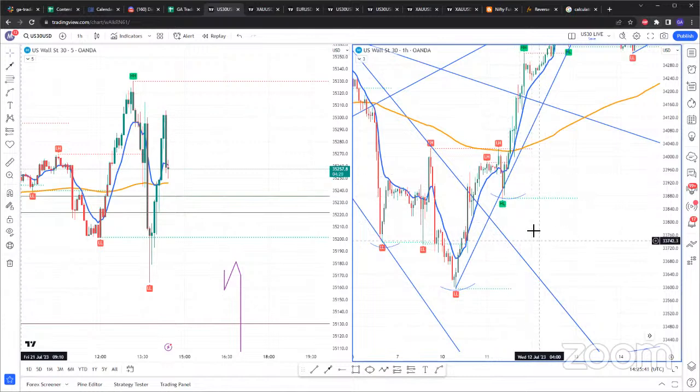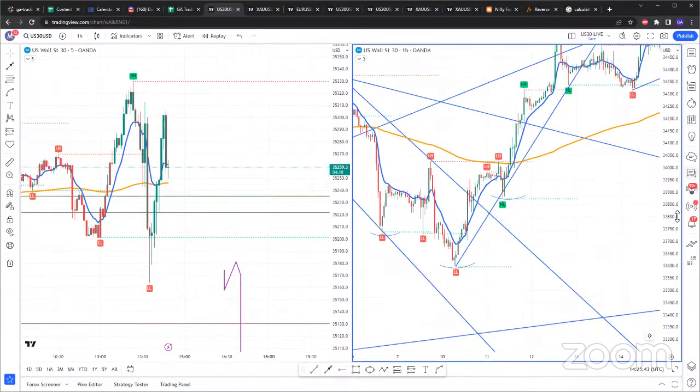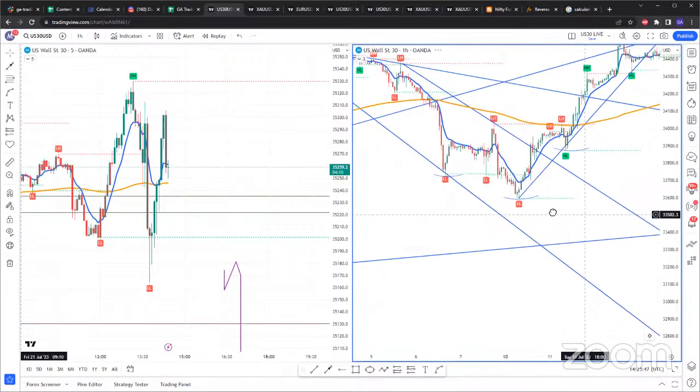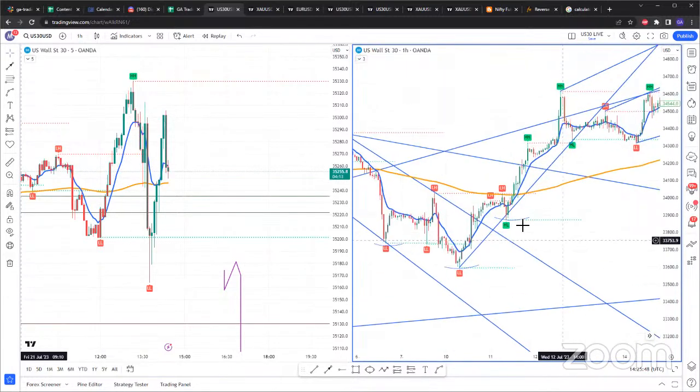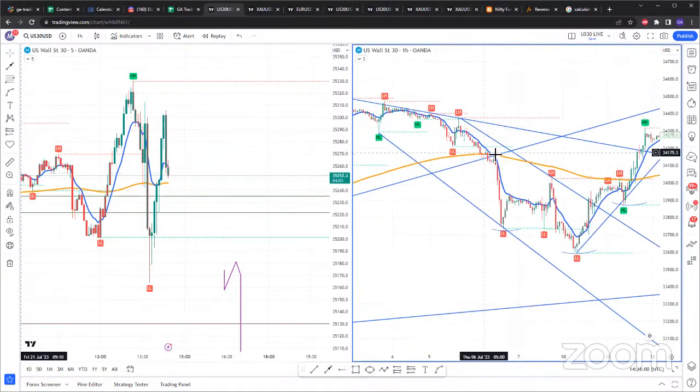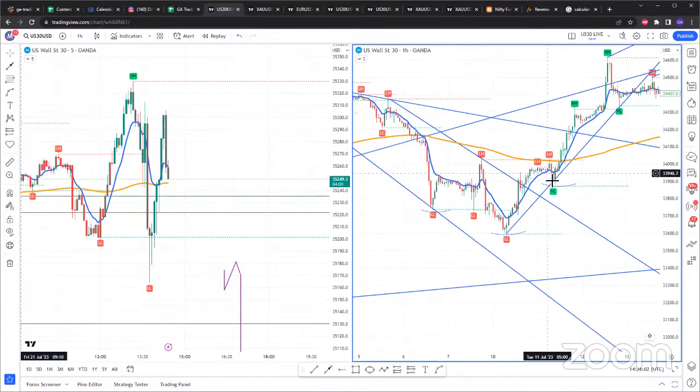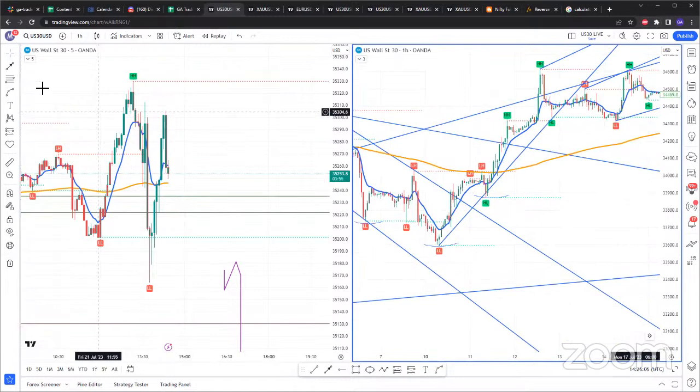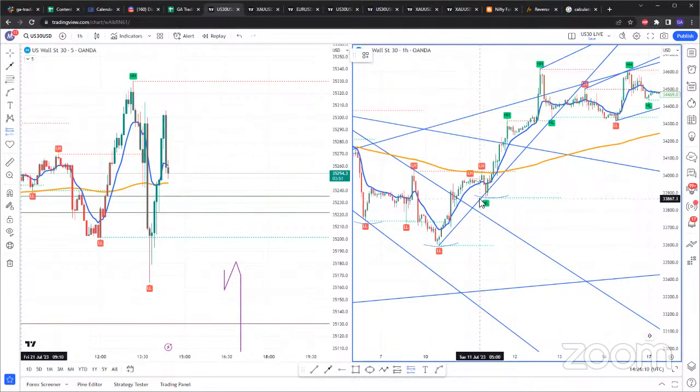So knowing that, what I looked at is, okay, how far can US 30 go to the downside. I definitely knew when we were here, price was moving up. Price was gonna go up. I had like a 90% probability that price was gonna go up, but I knew US 30 was also in a downtrend or had been in a downtrend, and US 30 could have easily come back to this downtrend. So at that point, what I told myself, okay, if you have like a 90%, 80% probability of entering,